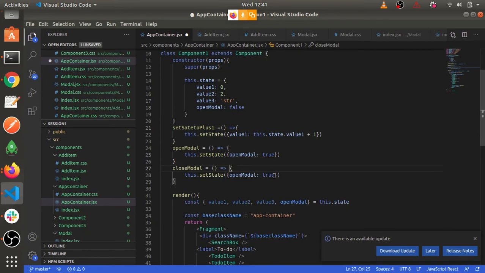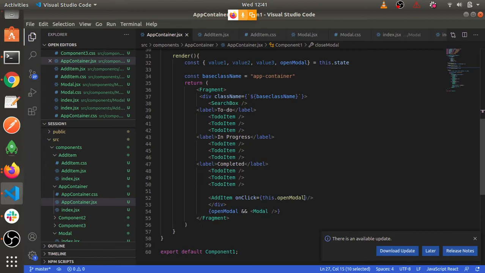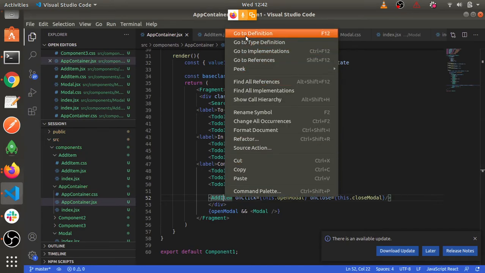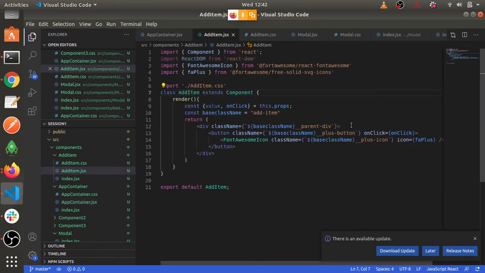So whenever this close is called, this will be set to false. Okay, so where will I pass this? I'll pass inside this on close, and this dot close model.